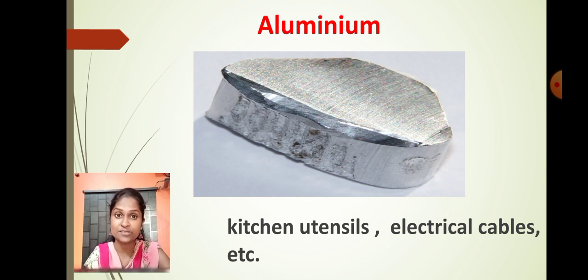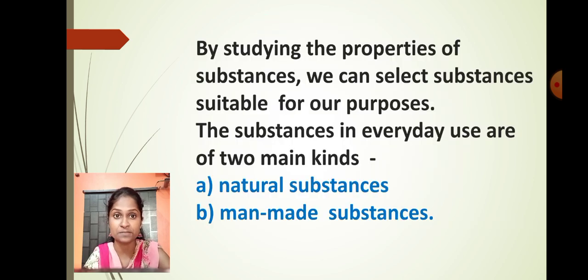So did you understand, students, how we can prepare the objects by using the different types of substances? Okay. So let me tell you, students, by studying the properties of all the substances, we can select the substances suitable for our different types of purposes. So the substances in everyday use are mainly of two types. So the first type is the natural substance, and the second type is the man-made substance. So there are basically two types of substances which we use on a daily basis: natural substance and the